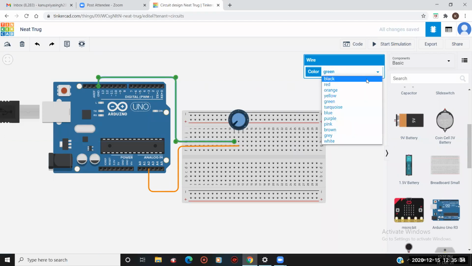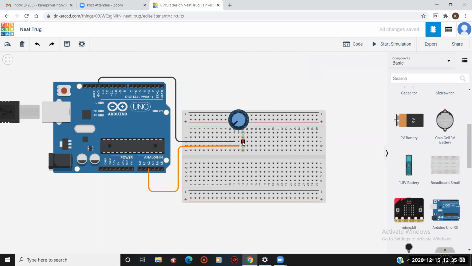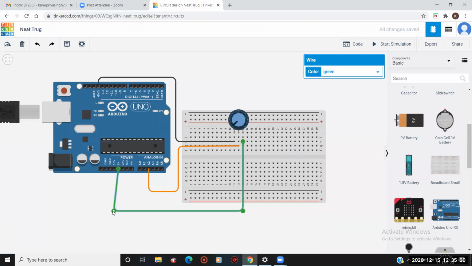Let the color of the ground pin be black, and this pin I'm going to connect with the power. Maximum power that Arduino can offer is 5 volt, right? So I'll change the color to red.